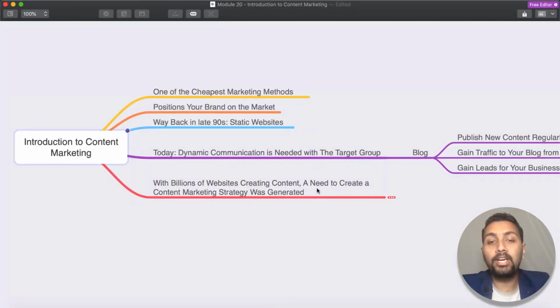So there is a need to create a content marketing strategy, because you just can't publish new content randomly with no particular direction and no particular vision in your mind, like why are you creating content, who are you creating content for, in which industry are you creating content, right? And what would your content help your audience do, and who is your target audience in the first place, and who are your competitors, and how can you be better than them. So all this planning actually comes under the content marketing game.